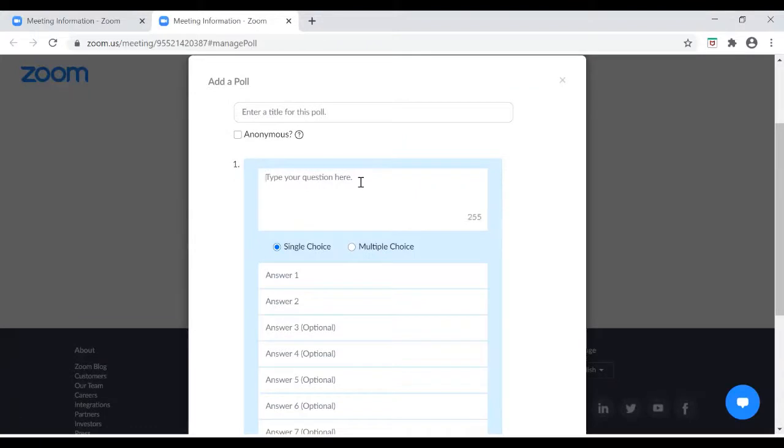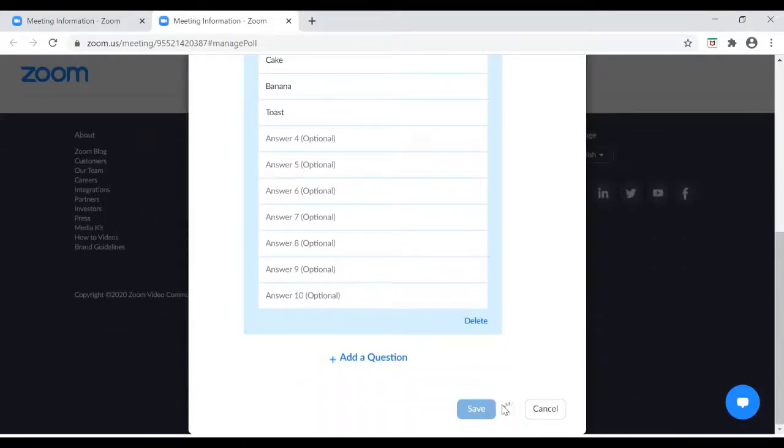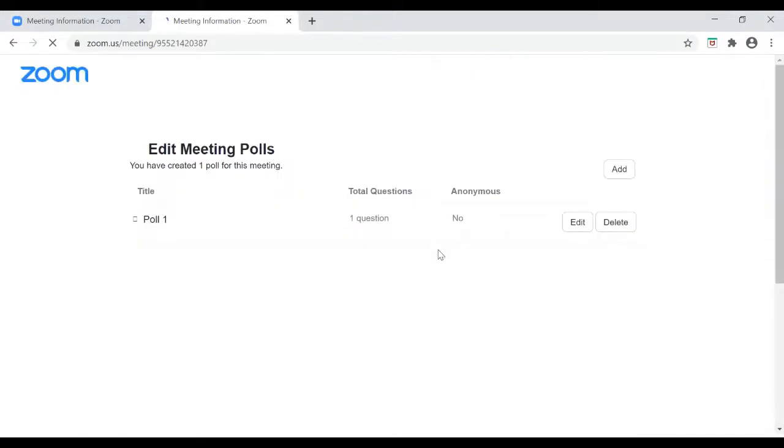So we could simply type in, what is your favourite food? And then you can type in different options. And then you just scroll right down to the bottom and click Save. So now you've set up the question that you would like to ask in your Zoom meeting.